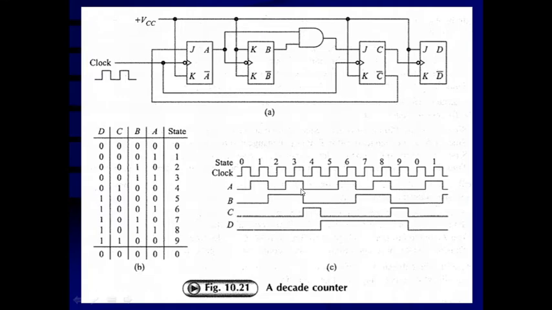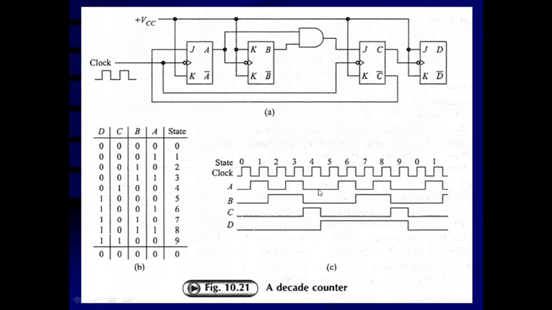But after count 4, flip-flop A is not allowed to be set. So it was reset and it remains reset on this clock pulse. Again on the next clock pulse it is going to toggle, next clock pulse again it is going to toggle. So for 4 clock pulses, flip-flop A is going to toggle, and on the 5th clock pulse it remains reset only. This is the way you can prepare a waveform of flip-flop A.